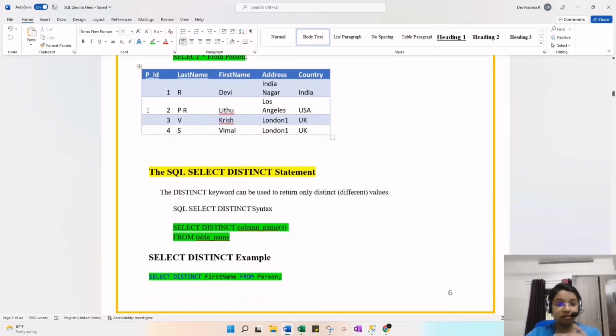We will get all the results of this table. The SQL SELECT DISTINCT statement. So the DISTINCT statement is a solution to reduce the redundancy of the table, because we are pulling a lot of data which is redundant, because the same data may be repeated in the table, but at that time we want unique IDs